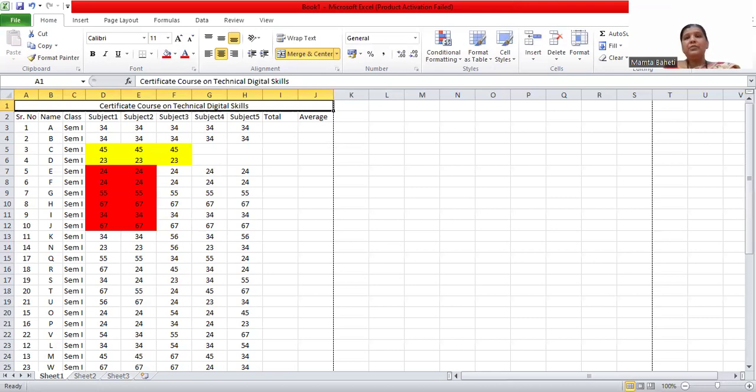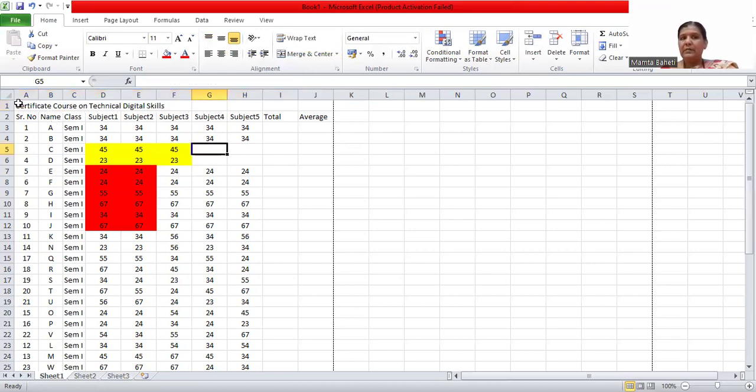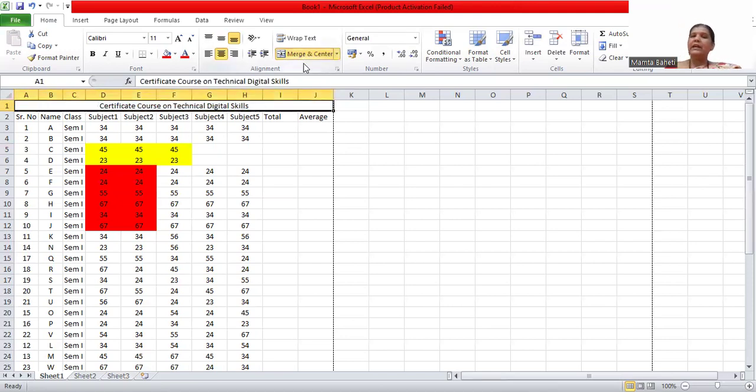So likewise, you can do it in a very efficient and comfortable way. Okay. Then if the contents are like this, click on merge and center and manage the location you want. If you want it manually, you can put it. But this is not solving the purpose. Better you select the contents, click on merge and center and get the things properly aligned. Your document should be properly presentable. Okay. Now,